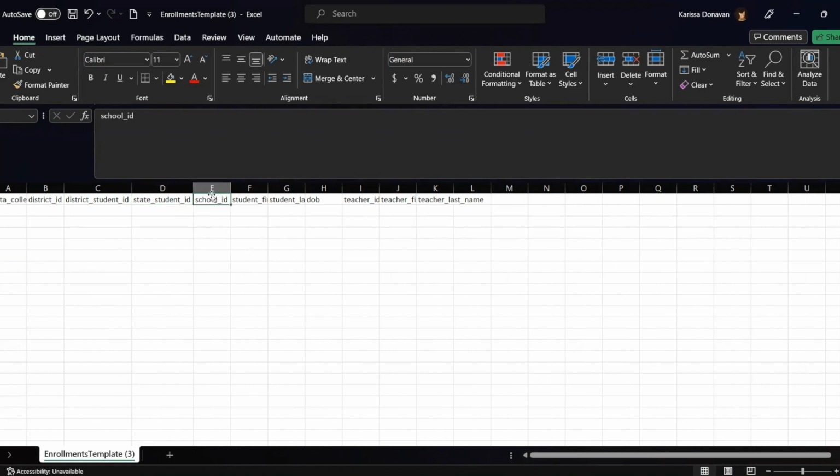The school ID will be the building IRN number. So if you have multiple buildings underneath your organization or district, this is narrowing it down to that specific building. The student first name, the student's last name, the date of birth,